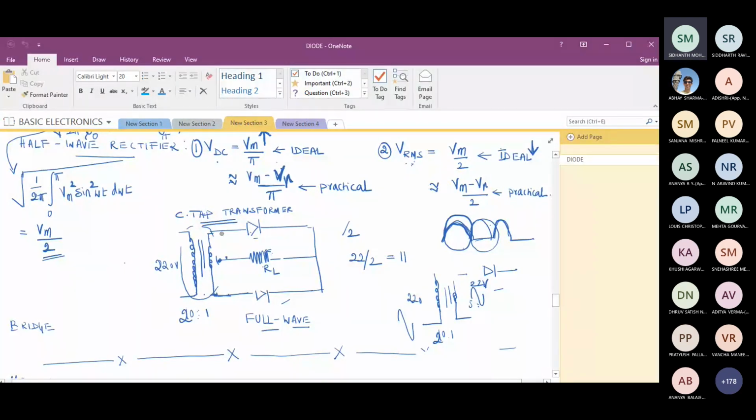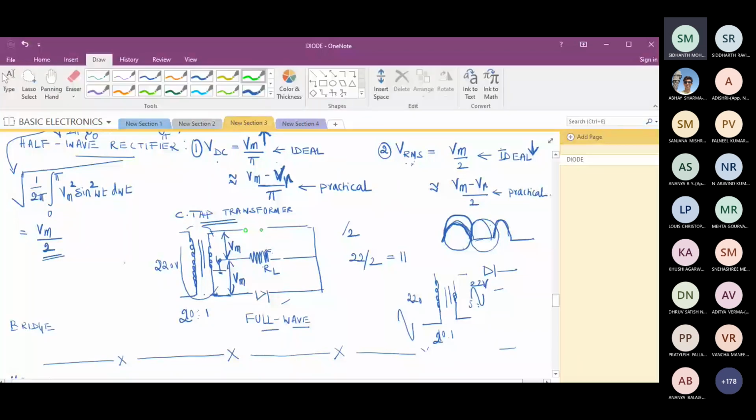Okay. So if I ground the center tap, I'm going to get plus Vm in the upper loop, and in the lower loop, again Vm, provided the voltage across the secondary is 2 Vm. Is this fine? Yes, sir. Now, during the positive half cycle, do you agree this diode will conduct? I can turn this diode on. Diode D1 is on. What about diode D2?